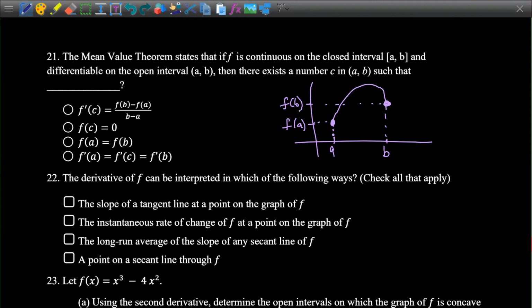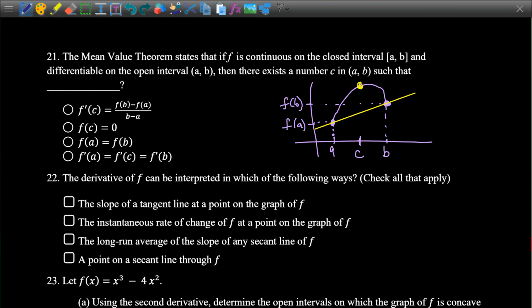And this is saying that there exists, so if you have the situation, there exists a number c between a and b such that what? And so here's the part that you have to remember: the mean value theorem, you have the slope of the secant line through those points at a and b. And this is saying that somewhere in between a and b under these circumstances, there is that number c